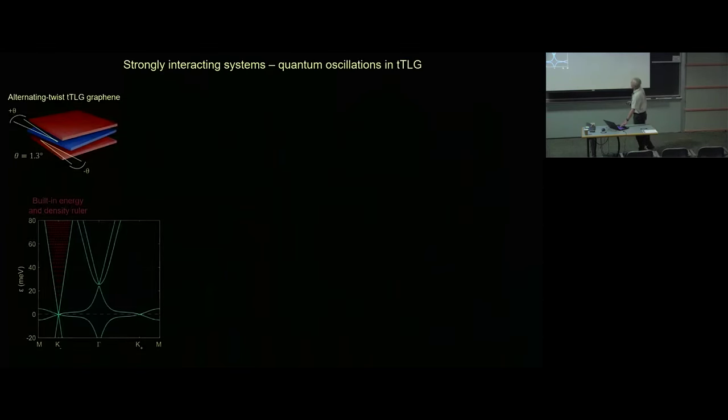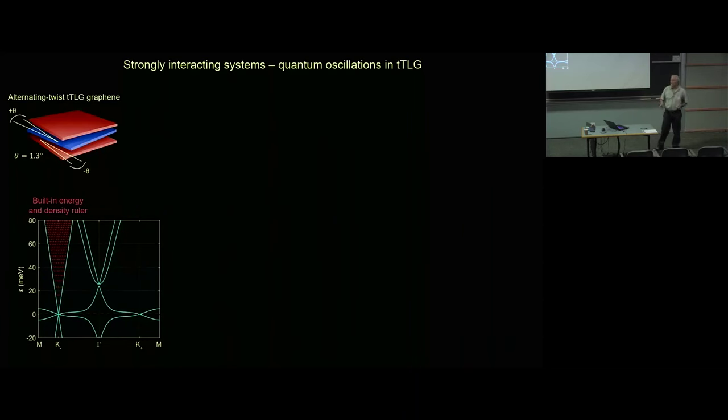Okay. So now I come to the last example, which is probably most interesting, and this is a strongly interacting system, which in this particular case is twisted tri-layer graphene, alternating twist angle graphene. So this is the band structure. So the flat bands are as in the magic angle bilayer graphene, but it has an additional Dirac band,